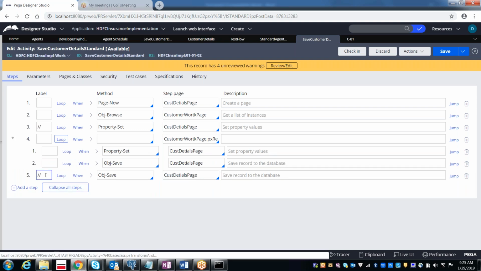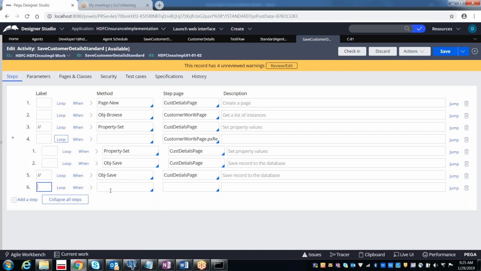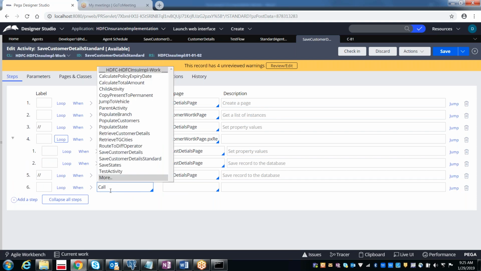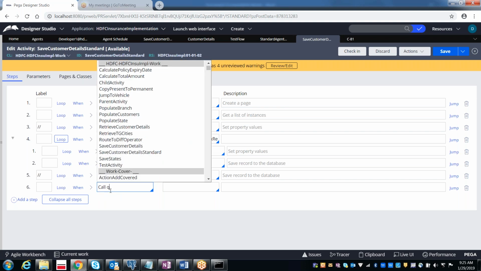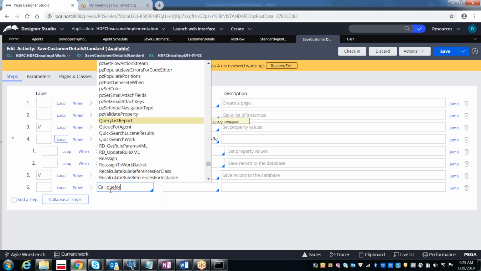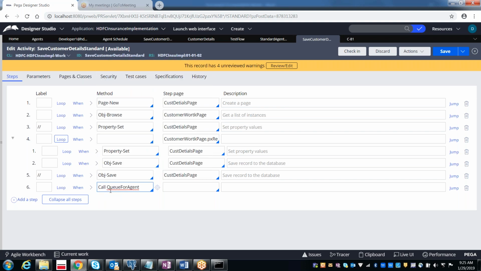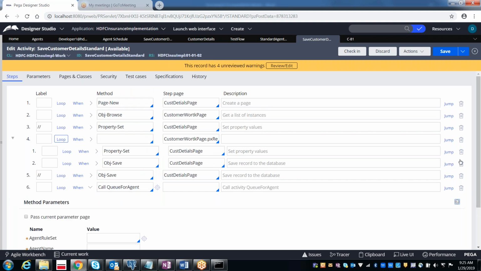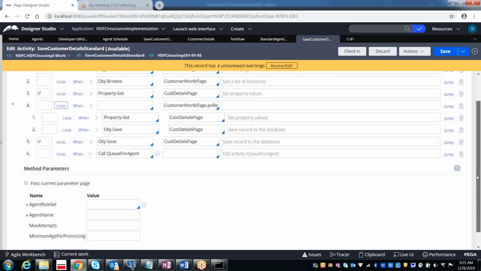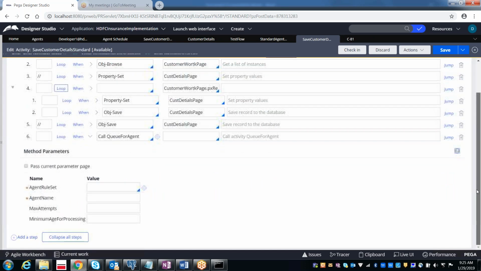We can also call it from some other activity. You can even create your own activity, call the Pega default activity from it, and then refer to it from the flow.